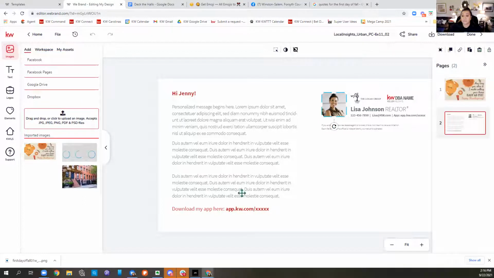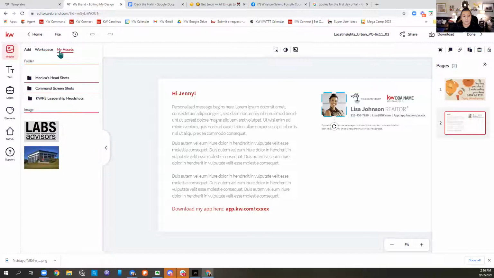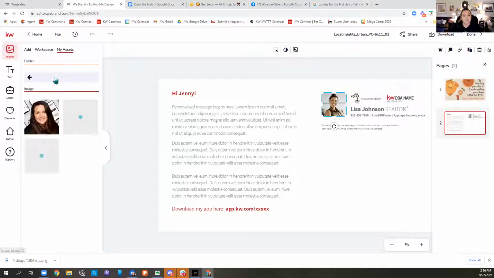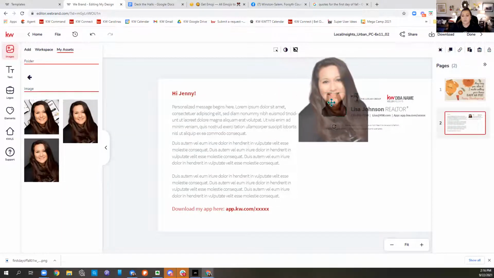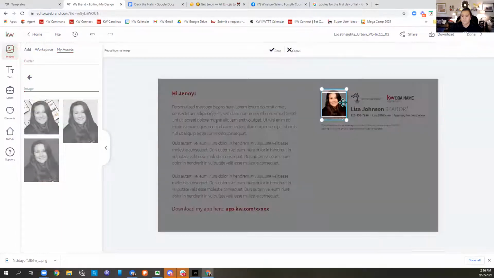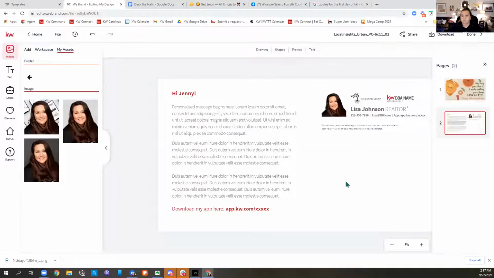So obviously she's beautiful and she is not me, but I have my own photos over here under my assets. So images is chosen. I'm going to click my assets. I've even made folders. There's my headshot. Here's her headshot. So you have two options. You can click hers and replace it with your own by hitting that little recycle button. See that right there when you hover? Or I can actually drag the picture and drop it in, but I always mess up when I do that. So normally I just